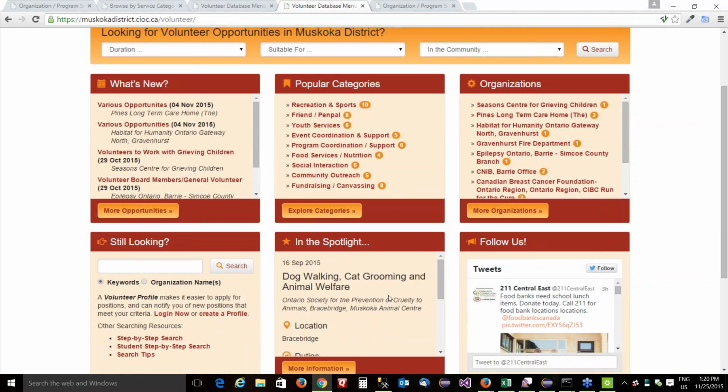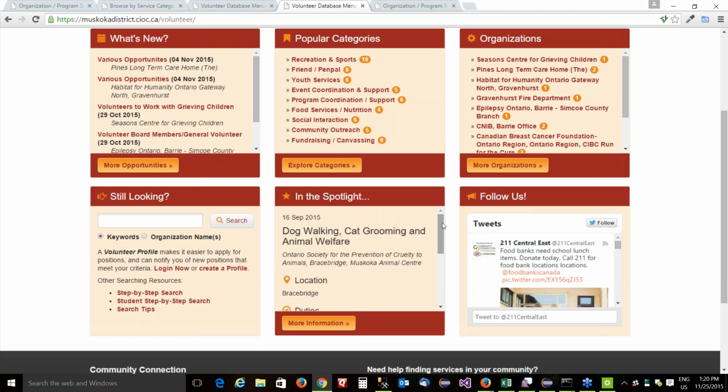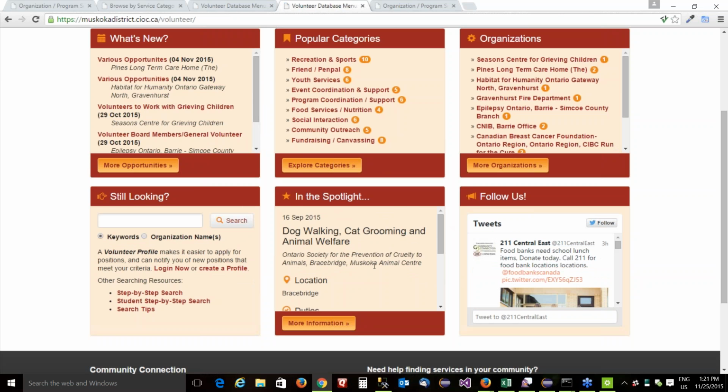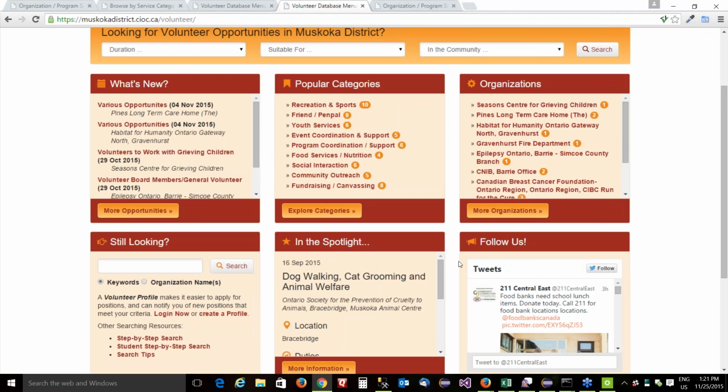There's a spotlight opportunity. The spotlight opportunity allows you to either specify one specific interest that will always come up, or say any or random, and every time you go to the page, it's a different one. If I reload it again, different one. So that allows you to change the spotlight a bit over time, or just give lots of opportunity for exposure